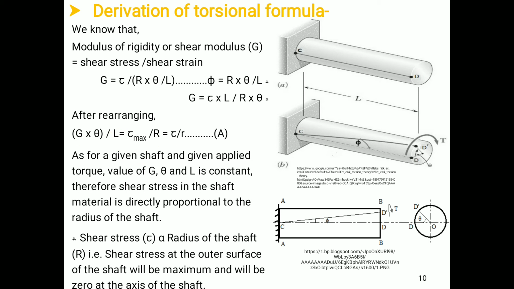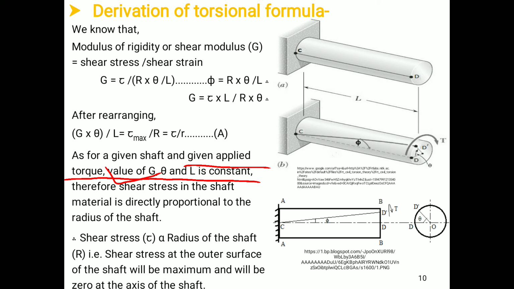So from this equation A we have, for a given applied torque T, the value of G, theta and L is constant. Remember that for a given applied torque T, the value of modulus of rigidity G, and the value of theta, because for a given value of torque T, the angle of twist will remain constant,